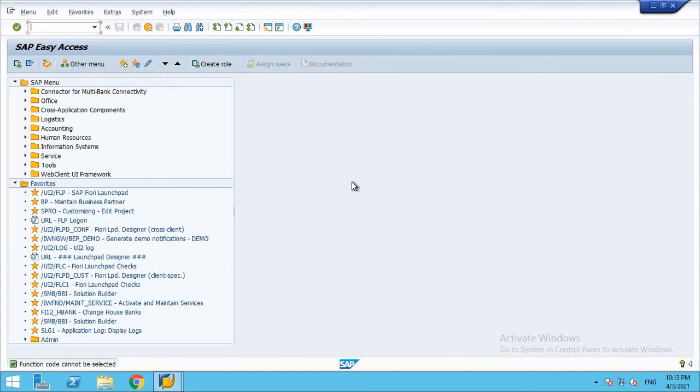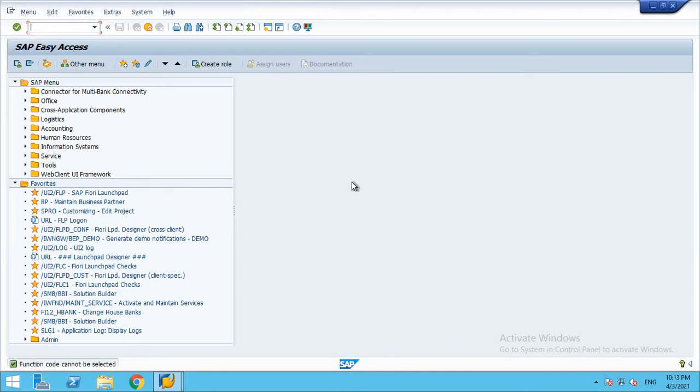For example, if I make any settings or field selections in my system, they will be applicable only to my user ID. If any other user uses these options or settings, it will not impact their user ID.